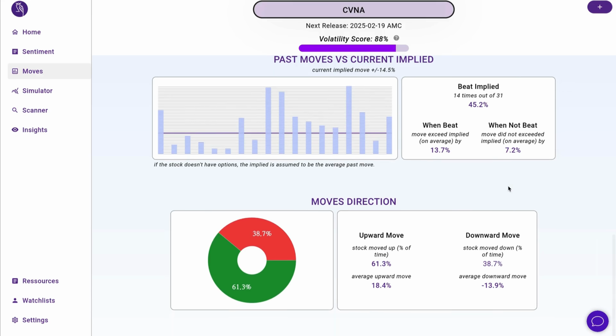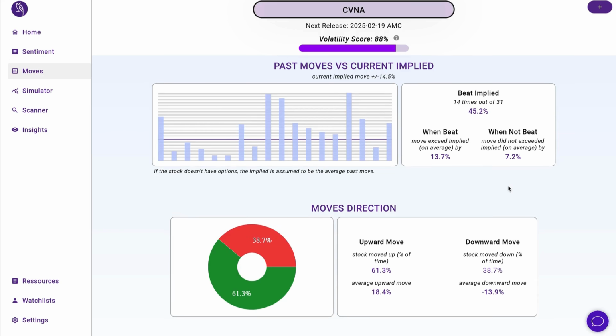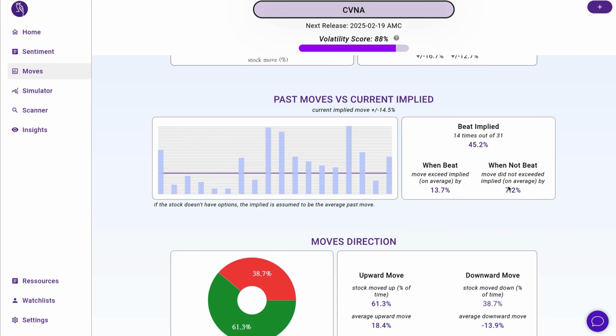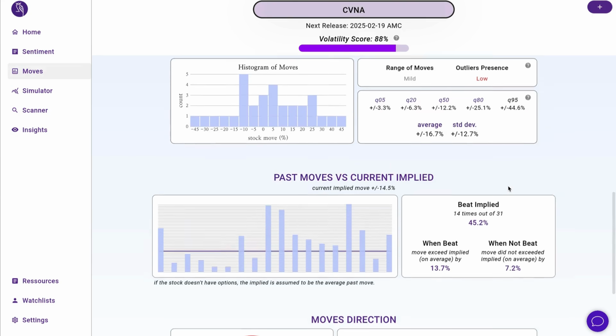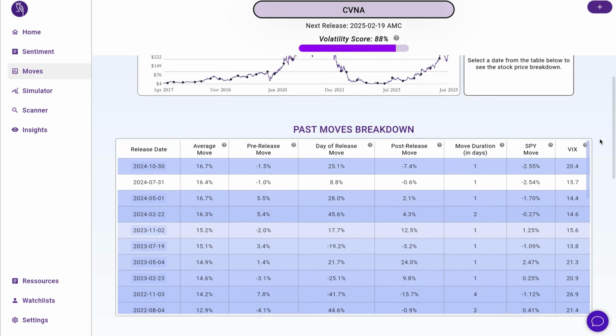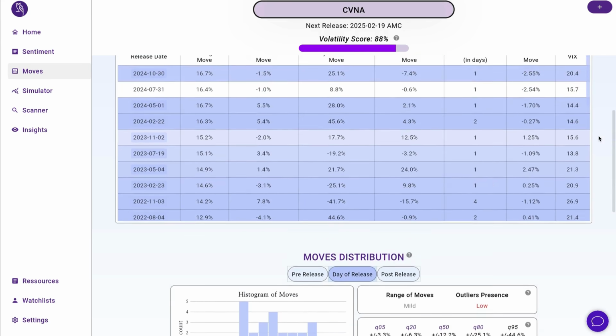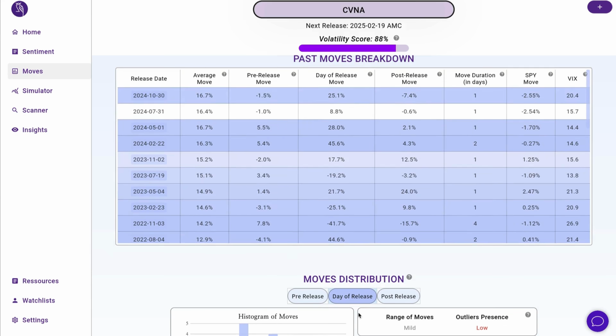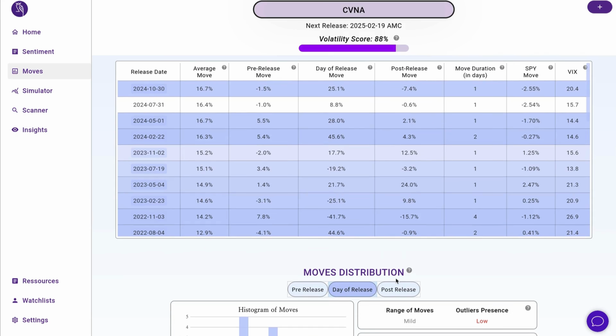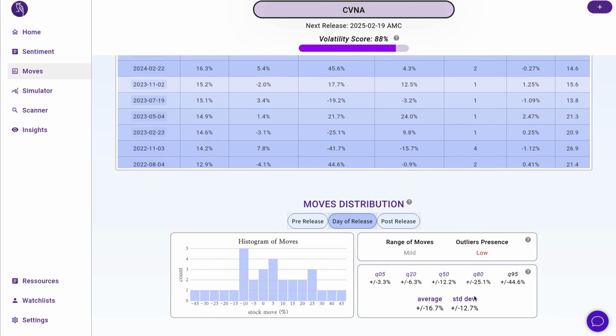And for example, we can also get an idea of the average upward move or downward move. This can help us prepare our exit, basically to get an idea of what is a realistic range of moves. Here, from what we see, a rough range is this average of 16, a minimum that we've seen historically in the last years of 8%, and a maximum that can go to 48, but let's assume a realistic, perhaps even 25%, as you see in these quantiles, meaning that 80% of the moves were under this 25, so it gives us a good threshold.